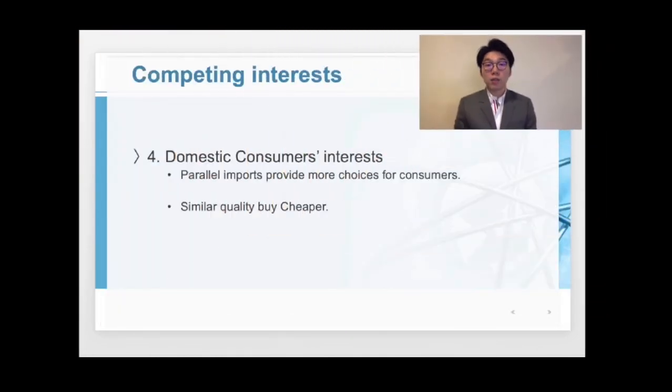Lastly, the economic rationale in China for allowing parallel imports and adopting a rule of international exhaustion is to create more choices for consumers and lower prices for the same or similar products. Distributors import gray market goods because they are cheaper than the comparable genuine goods produced in China. But as discussed before, whether there is profitable room for doing such business is very questionable.